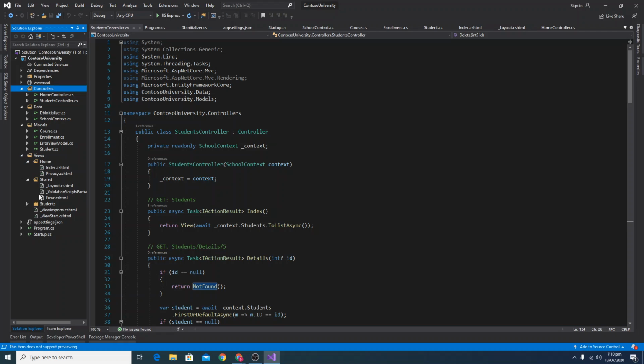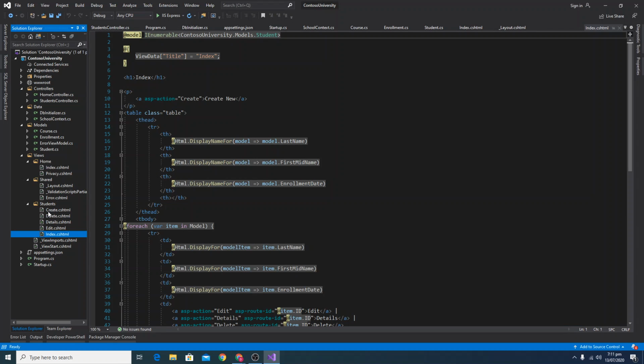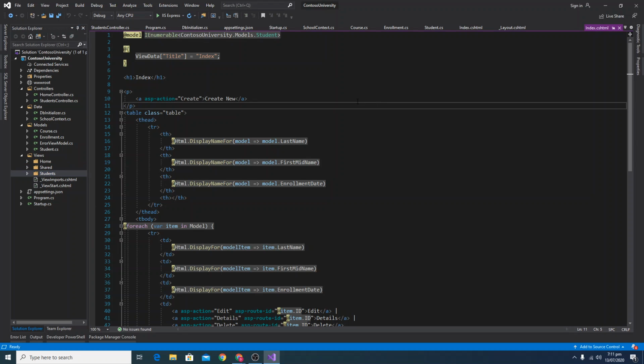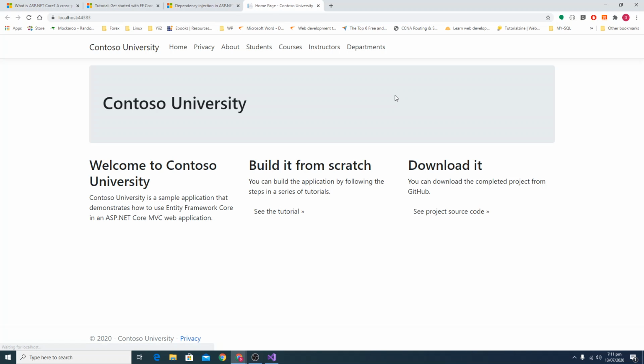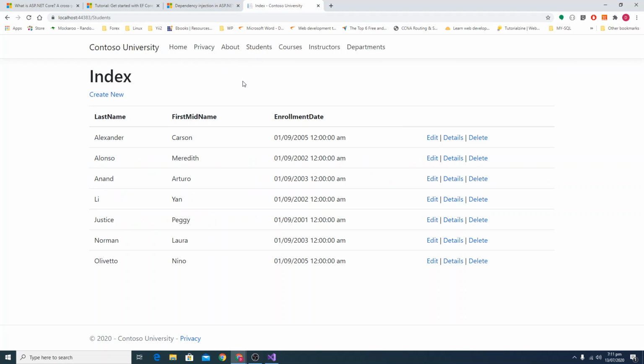So we can check out our views, and we see here that a students folder was indeed created, and inside our students folder we have our index page, edit, details, delete, and create pages. So let's actually test out this new functionality. So let's run our project, Control F5. Right, and if we navigate to the students link, we can see here that we now have an index page